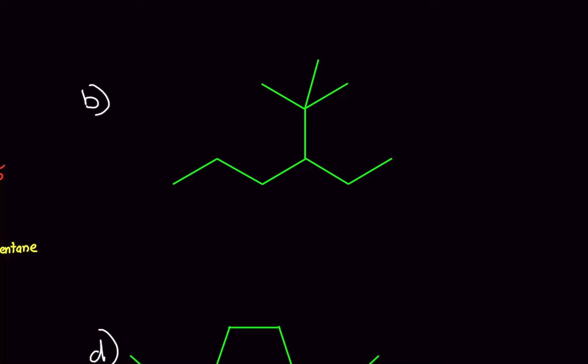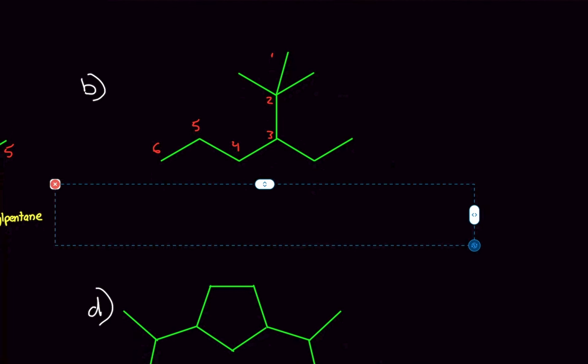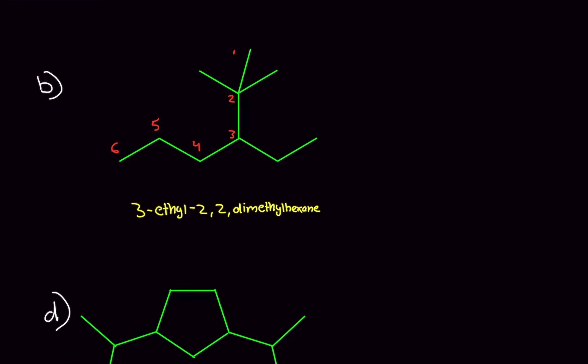Oh, and additionally, we have an ethyl group right here. So this, 1, 2, 3, 4, 5, 6, would be an ethyl group on carbon number 4, compared to 1, 2, 3, 4, 5, 6, an ethyl on carbon number 3. And remember, alphabetically, the ethyl, E, comes before M in methyl, so it should be assigned to carbon number 3. So the name is 3-ethyl